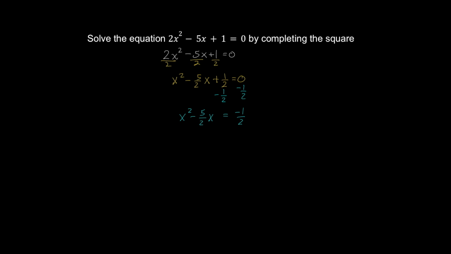Now comes the important part for completing the square, the b over 2 squared. This is the actual completing the square part of this process. Unfortunately, this time our b is a fraction, so it's not as pretty as it was on other examples. This time our b is negative 5 halves, so we have negative 5 halves divided by the 2 from the formula